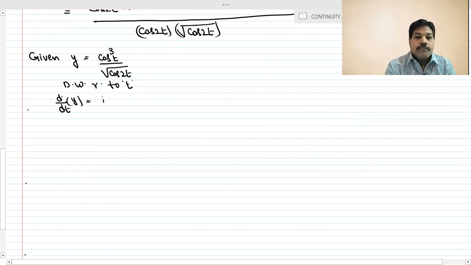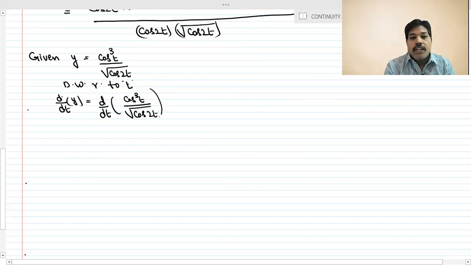is equal to d by dt of cos cube t by root cos 2t. The same formulas we will apply here also. That implies dy by dt is equal to, this is the u by v formula, students. So what is the u by v formula? Already you know that. So v into u dash: v value is nothing but cos 2t, into u dash, which is the derivative